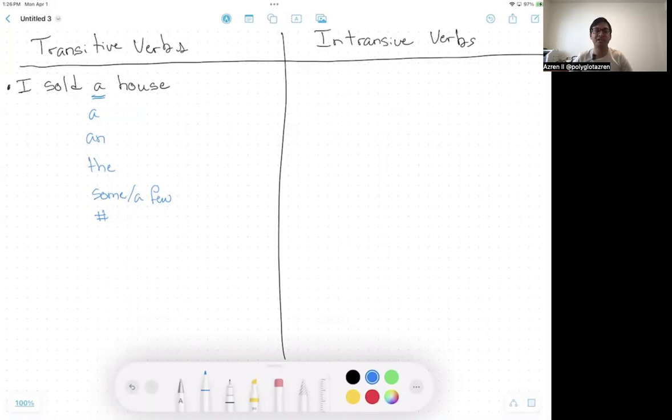You are the real estate agent who sold the White House. Like there's only one of them, right? So those articles will tell you how many of your noun, in this case a house, how many of those nouns we have. I sold a house. I sold two houses. I sold a few houses. I sold some houses. So in English, when we have a transitive verb, directly after our verb, we have an